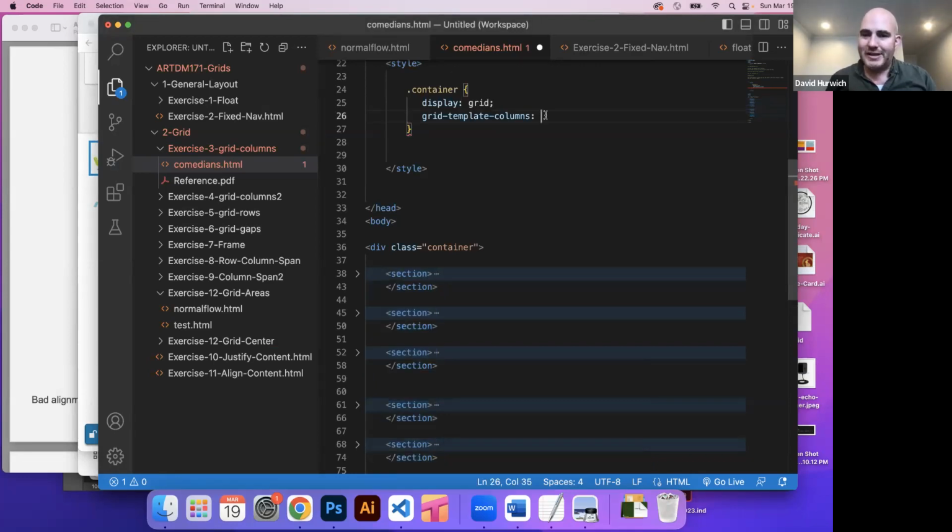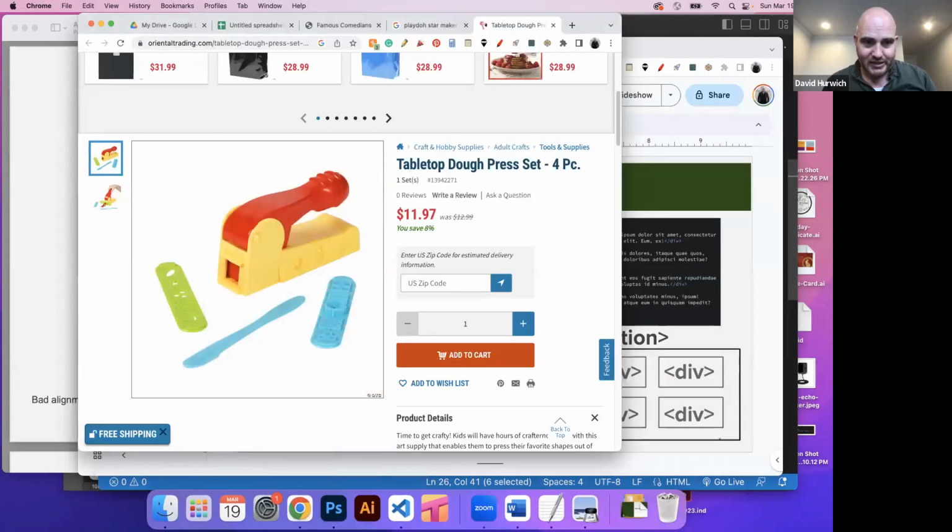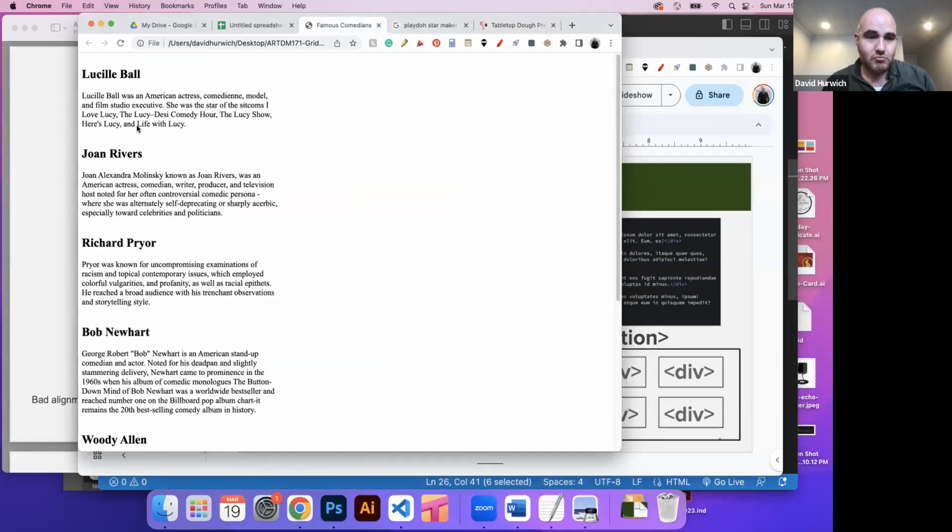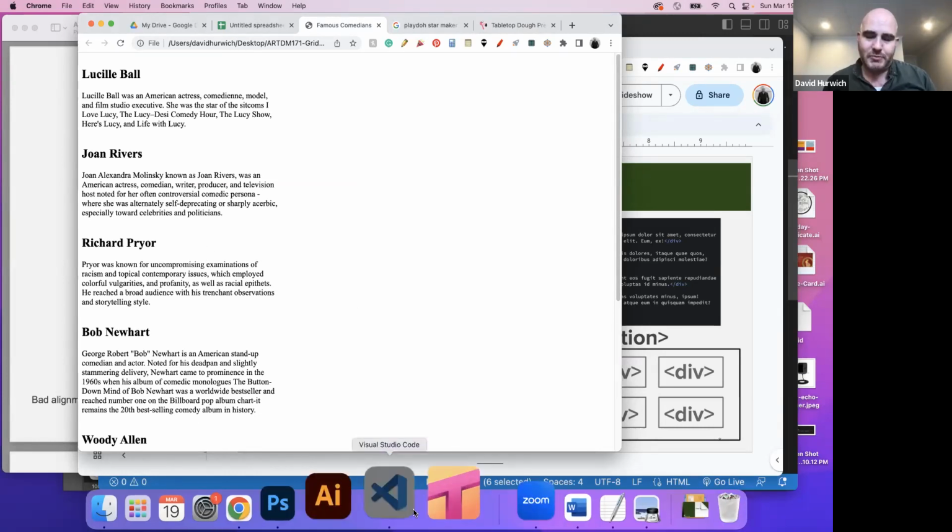So what I'm going to do is I'm going to say grid template columns 400 pixels. Okay, what that means is we are making one column that is 400 pixels wide. So if I go back and let's refresh, this has now become 400 pixels. Okay, but I don't want one column, I want 2 columns. So what I'm going to do is say